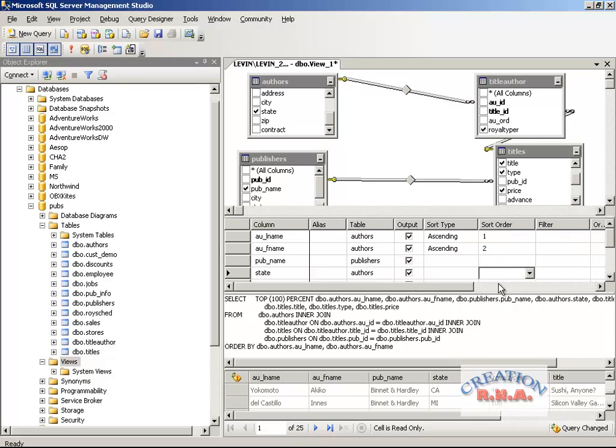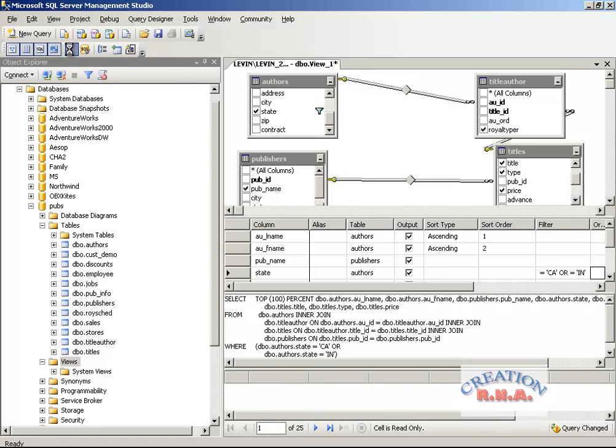Now the filter. Let's go to the state. I want to filter it by the state, equals CA or IN, that is California or Indiana. I press tab and that SQL also gets added below. Now if I execute this SQL again, it should give me the state for CA and Indiana only, that is California and Indiana only, and other states should disappear because I filtered it down with a where clause.